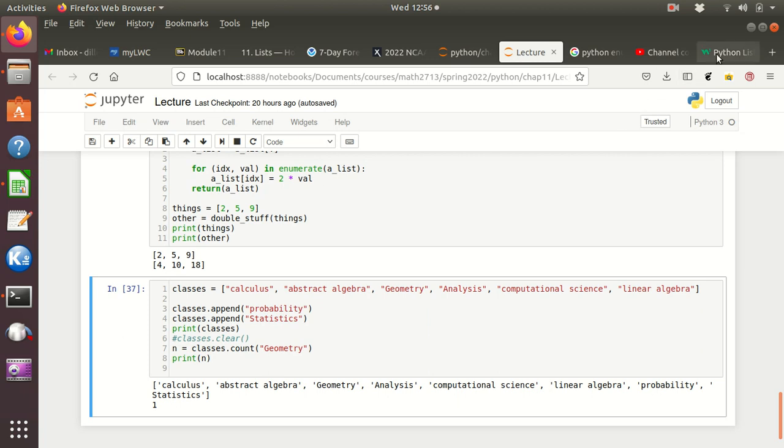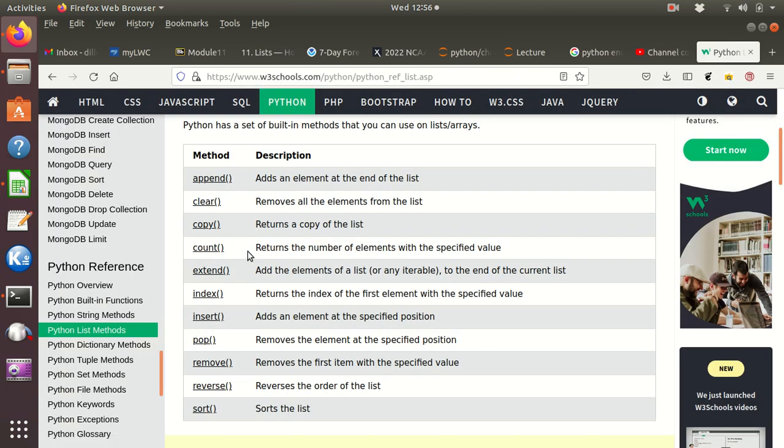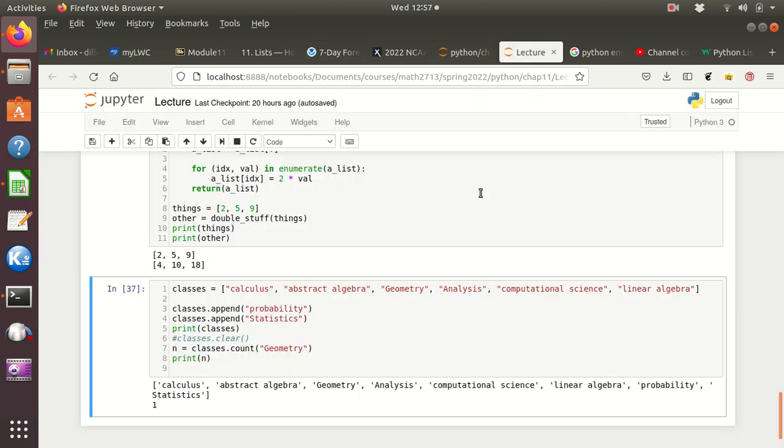So let's look at our list. We have count, extend: add the elements of a list to the end of the current list. So we tried append, but that's an element. We could do extend, and we should be able to add a list then. So if we go here and say, now instead of append, we say extend,